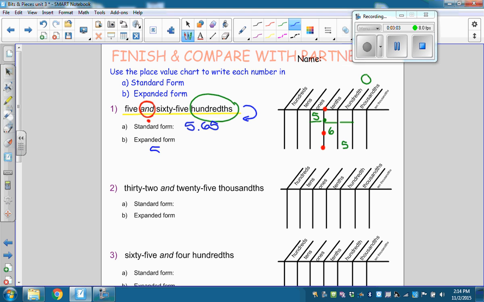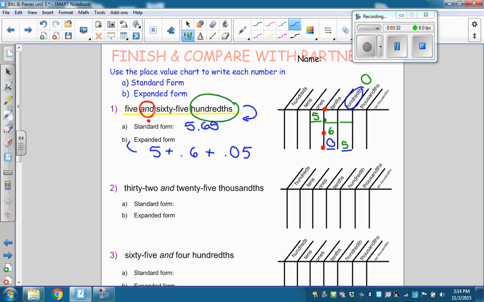So it's 5 wholes plus 6 tenths plus, since this 5 is in the hundredths column, there has to be 2 digits. I put a 0 there. Plus 0.05,